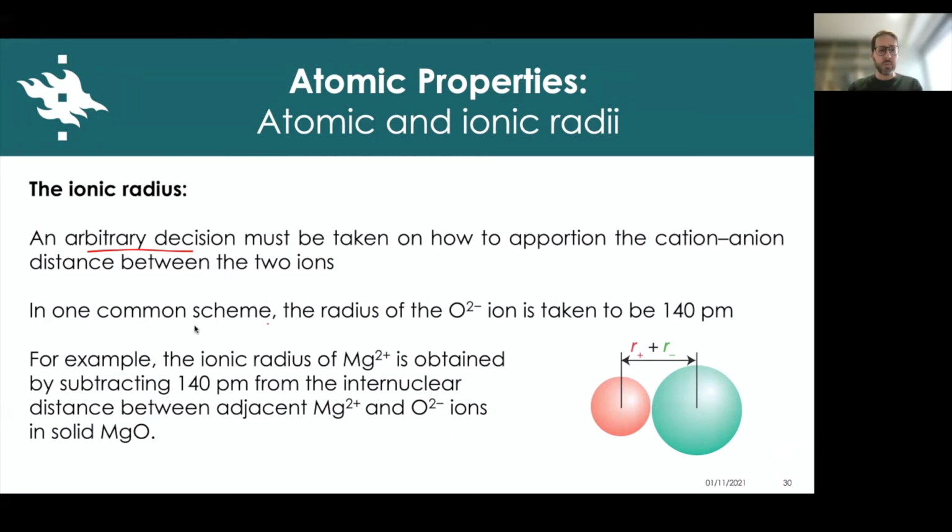In one of the common approximations, we stipulate that the radius of the ion O2- is taken to be 140 picometers. And then therefore the other radii are defined relative to this. For example, the ionic radius of